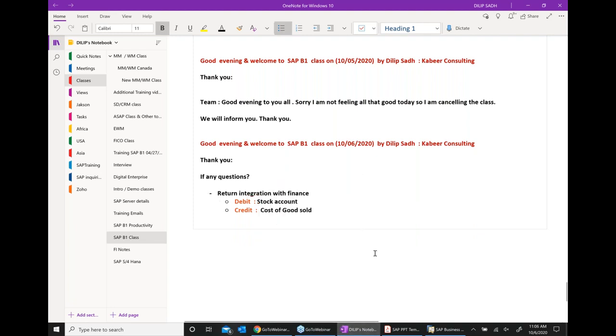Creating a sales order is easy. Creating a delivery is easy. Creating a return request is easy. Creating a return document is easy. But understanding their subsequent impact in the background is important. And wherever there is a finance posting, I make a note of it here. You can put it in a different bucket, right? We talked about different warehouses.